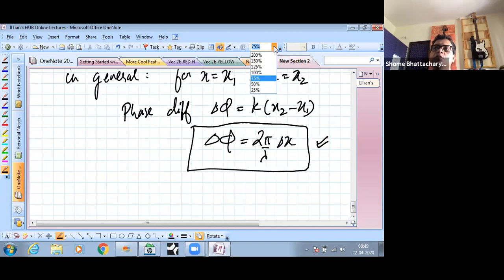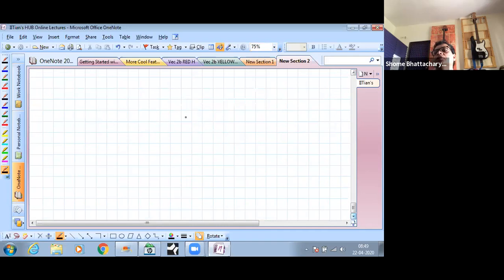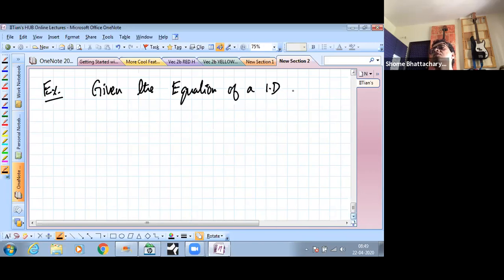The snapshot picture, and the time variable, I mean if we fix the value of x and interpret y as a function of time, the equation of SHM that we get, these are the two important interpretations. So now let's look at a quick question like this. This is something you can work out and I'll discuss it in a moment. So given the equation of a 1D transverse wave